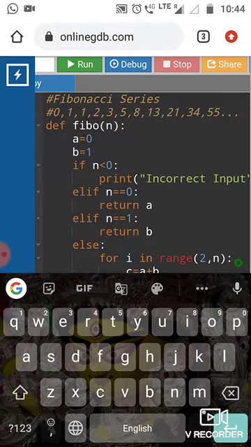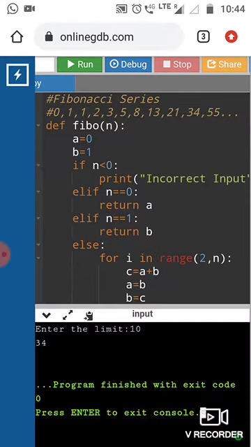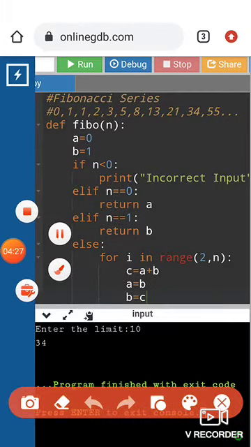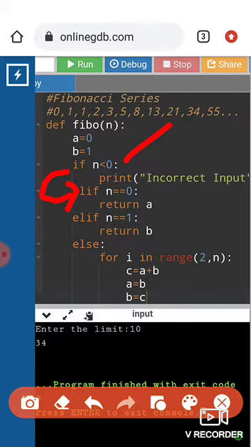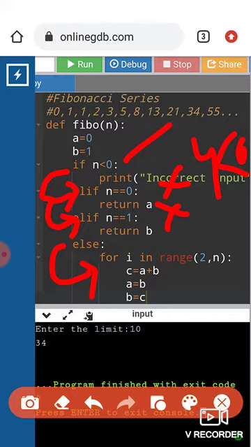So how is the operation happening, for example for 3? I just want 3. 3 is at position number 5, counting 1 2 3 4 5. Firstly it will check here: is n not greater than 0? Then again it will check n equals 0. I have inputted 4. So it is not true, then it goes to the other blocks. n equals 1? 4 equals 1, no. So it will skip these blocks, go to the else statement, and go to the for loop.